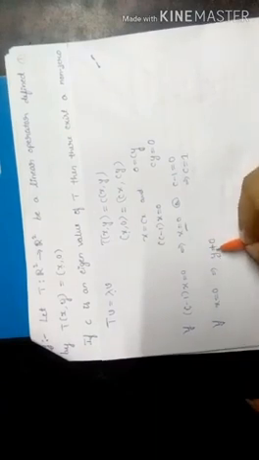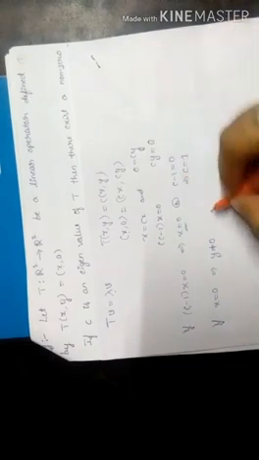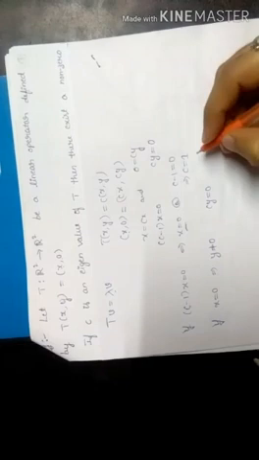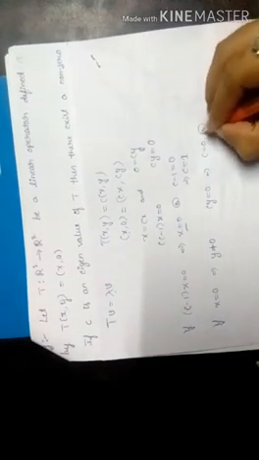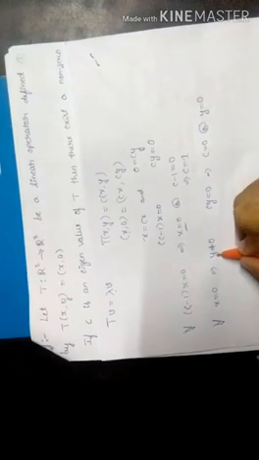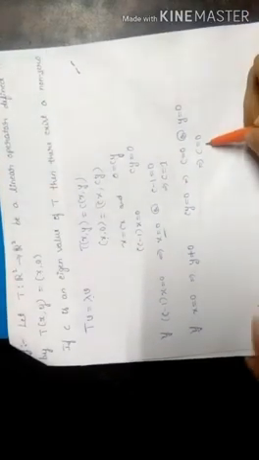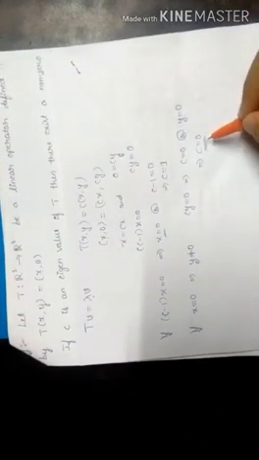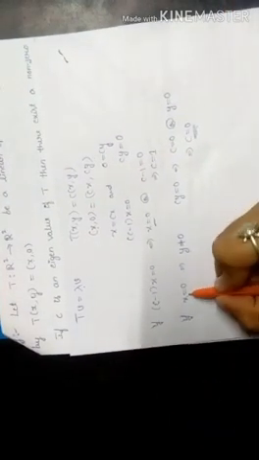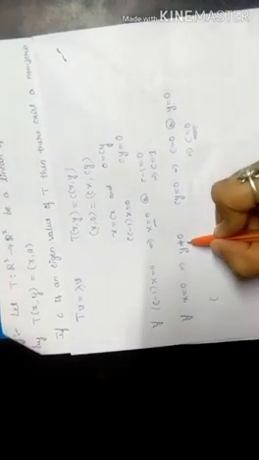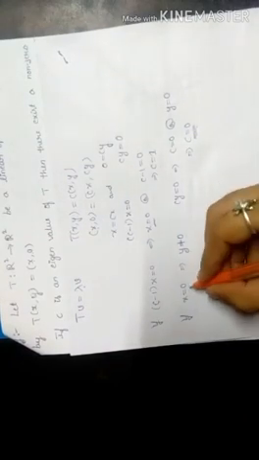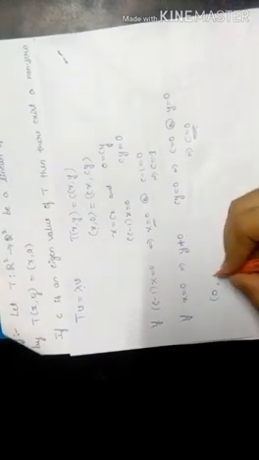If y is equal to 0, then the case becomes trivial. So therefore y is not equal to 0. Now we know that Cy is equal to 0, which implies C is equal to 0 or y is equal to 0. Since y is not equal to 0, there is only one possibility, C is equal to 0. We know that C is the eigenvalue here, so we get the eigenvalue 0. Now since x is equal to 0 and y is not equal to 0, we consider a vector corresponding to this, that is x is equal to 0 and for y we consider the value 1.